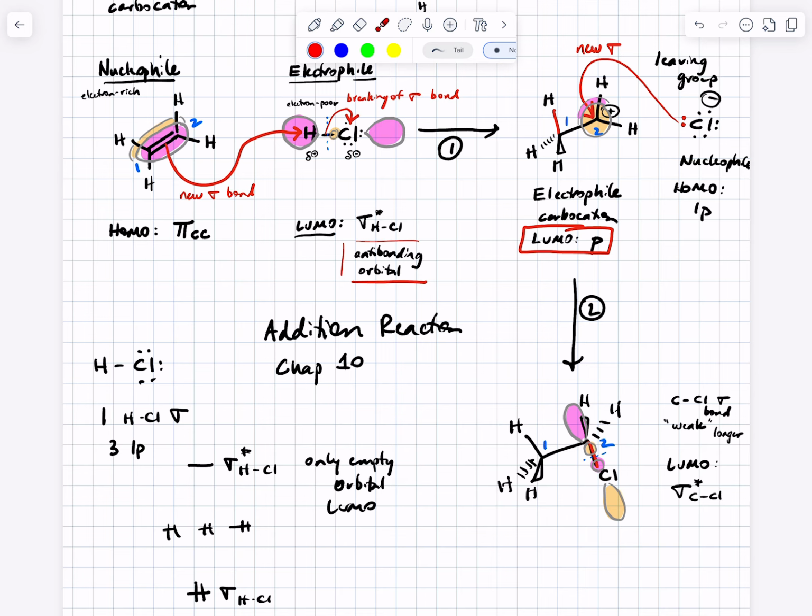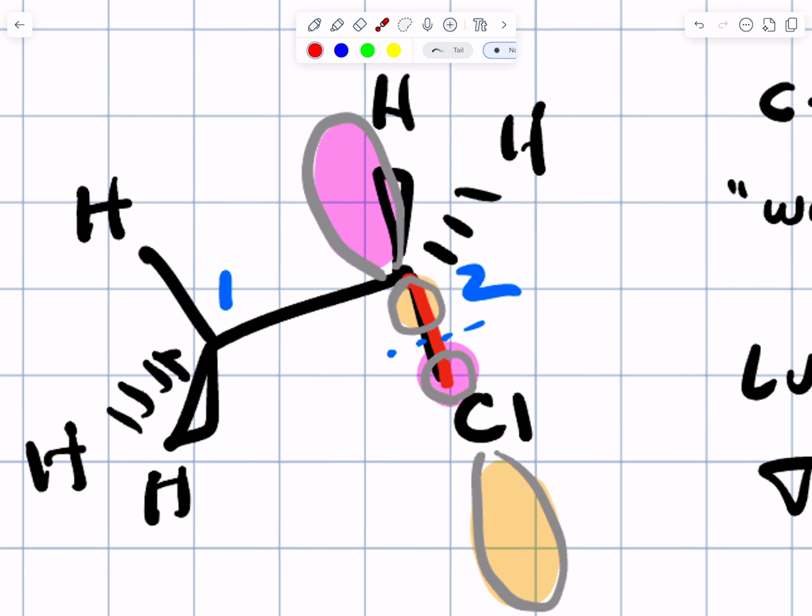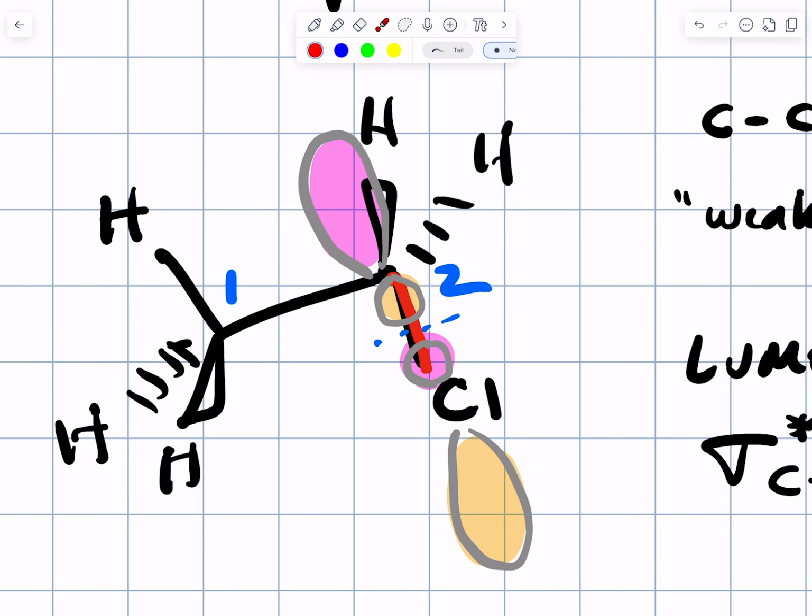Yeah? If we have a large atom like chlorine in it, is it safe to usually say that the LUMO is an antibonding orbital? If there's a chlorine bonded to a carbon, is it safe to assume that the sigma star is going to be the LUMO? If there's no pi star, yeah. Yep, good, yes? Is there a reason why on that molecule that you drew, the bonding there, the big orbital is not